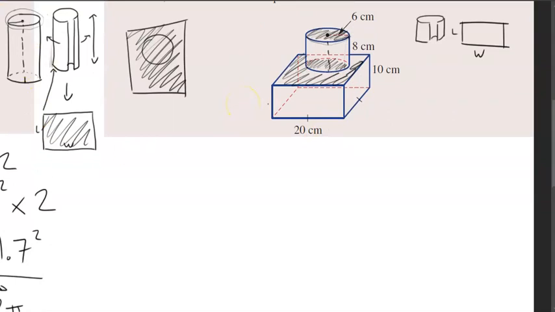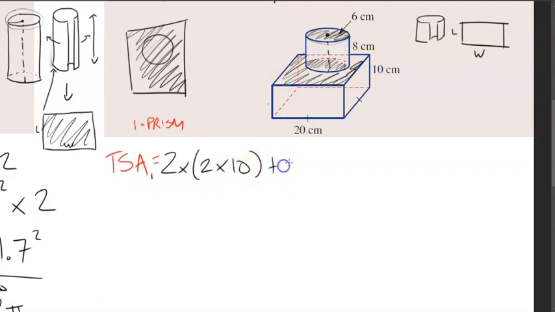I'm going to be really shortcut-y, if that's a term, with this one. Total surface area of shape 1 being just a prism. This is 20 and 10, so it's 2 lots of 20 times 10, so this is for the front and the back, plus 2 lots of 10 by, now we know that this is going to be 20 as well, even by the fact that this line here, anywhere we see this line within the shape, indicates that it's going to be 20. So we know this is also going to be 20 here. So this is 2 lots of 20 by 20, so we're getting the bottom and the top. And then we're just going to add 2 lots of whatever the side one is, which is